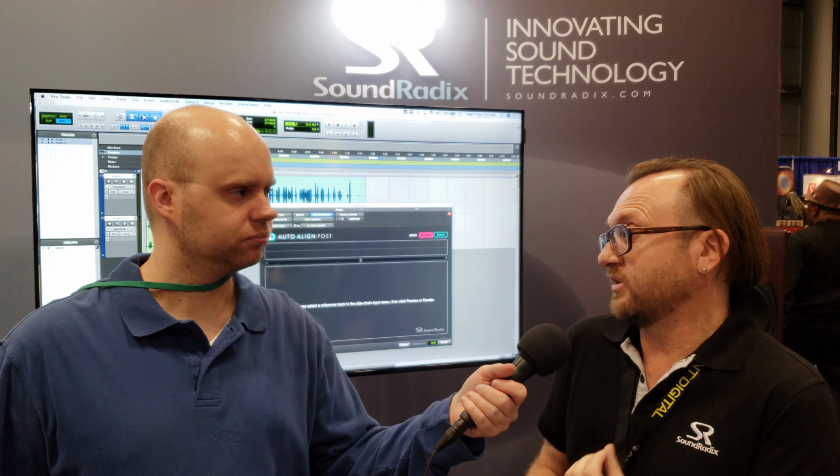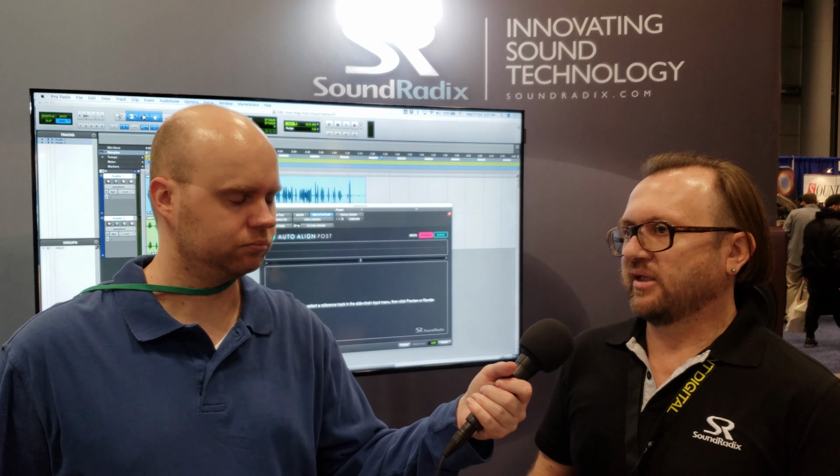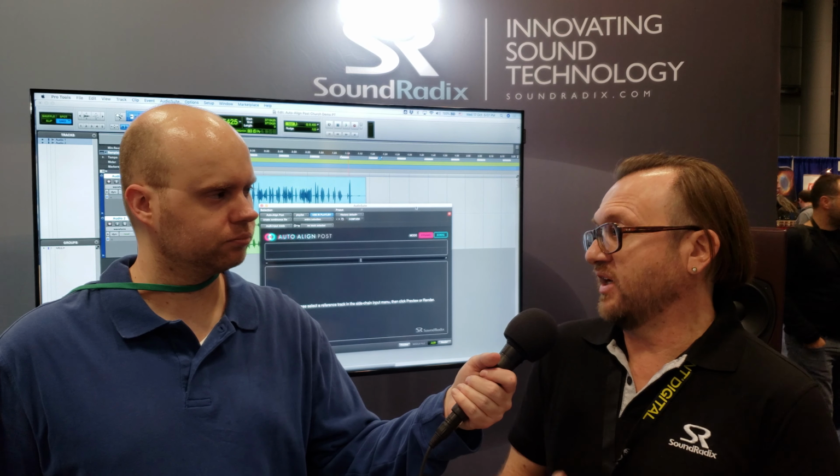So if you have a loud snare hit and then a soft one after that, and the compressor still hasn't recovered yet, the soft hit is going to be even softer than it was before. So you're actually not achieving what you want to do. And because Drum Leveler is processing every beat separately, and along with its unique controls, you can really dial in and control the performance in ways that weren't previously available. Definitely check it out if you haven't already, because it's a life-changing plugin, I'm telling you.